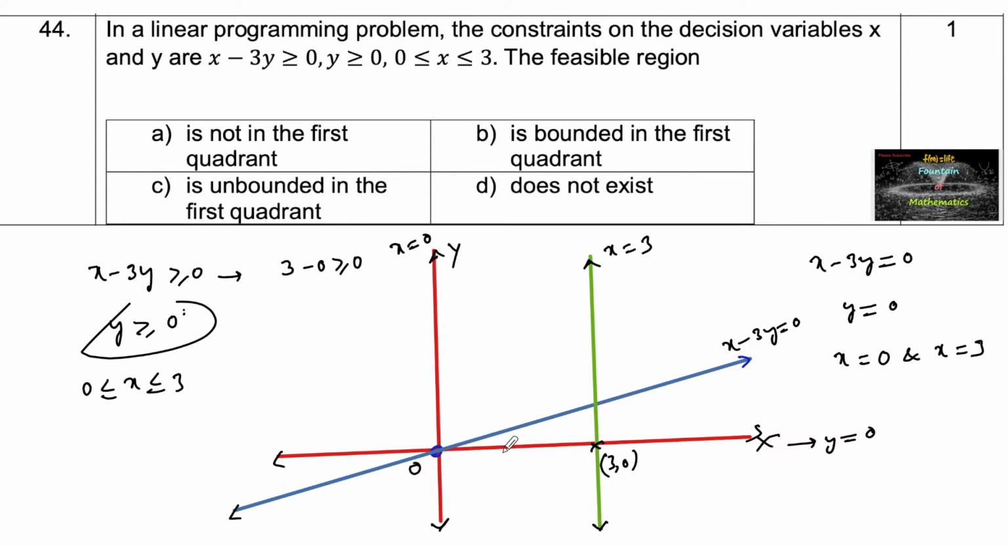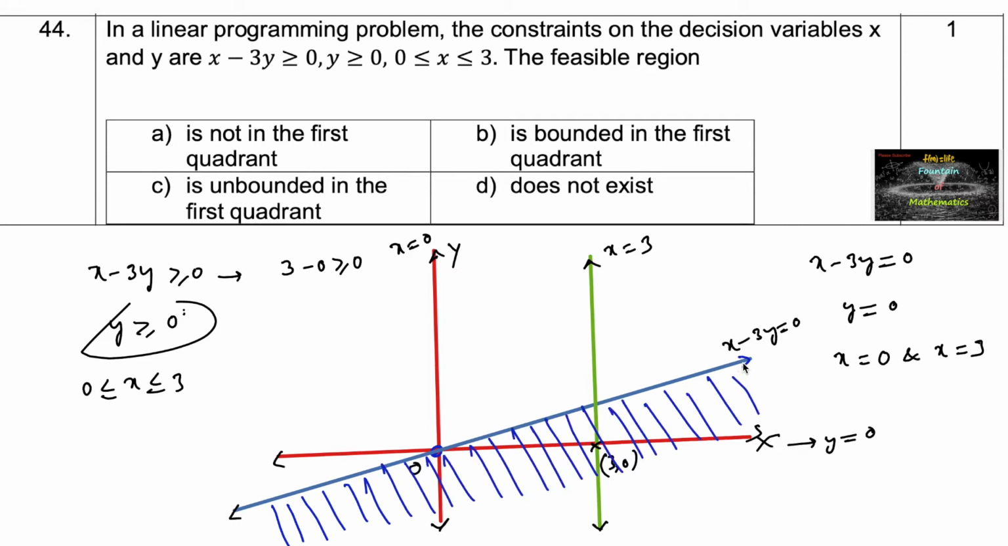The solution region can be taken the lower part of x minus 3y. And coming to the next, y greater than or equals to 0, so y positive in the first quadrant and second quadrant, so we can shade the region in the first and second